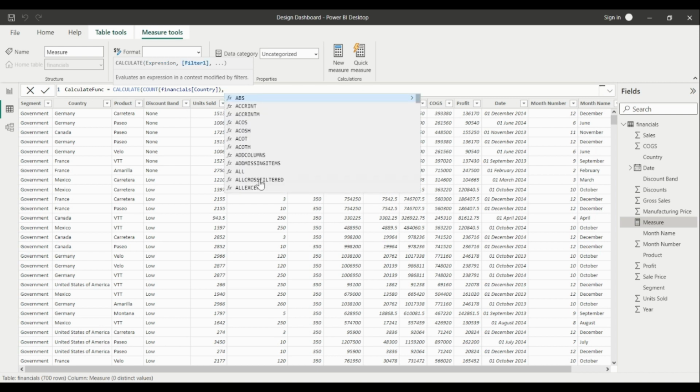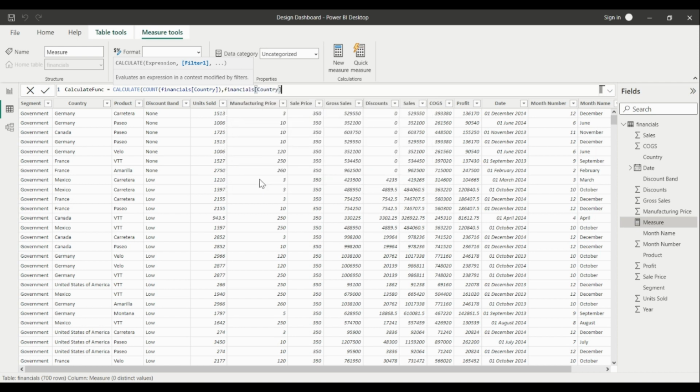comma, and what sort of filter we want to apply. We want to say, look for the occurrence of Germany. How many times does Germany appear in that column? We have to put it in quotation marks because it's a string. Otherwise, if we don't put the quotation marks, it won't return the value and the count function won't work. So if we hit enter